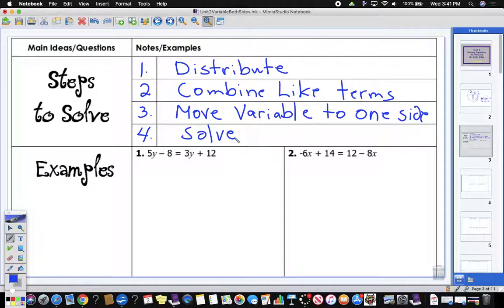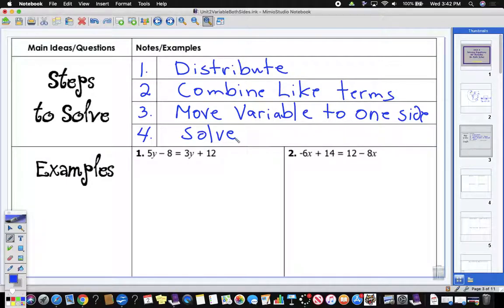Now, to save a little time and to make these videos somewhat short, I am going to go through most of the odd ones. And you'll notice that all these problems are paired up, so they're similar. 1 and 2 are very similar. 3 and 4 are very similar. So as we go through the odds, the evens will be very similar to the preceding odd problem that we just did. So if we look at number 1,